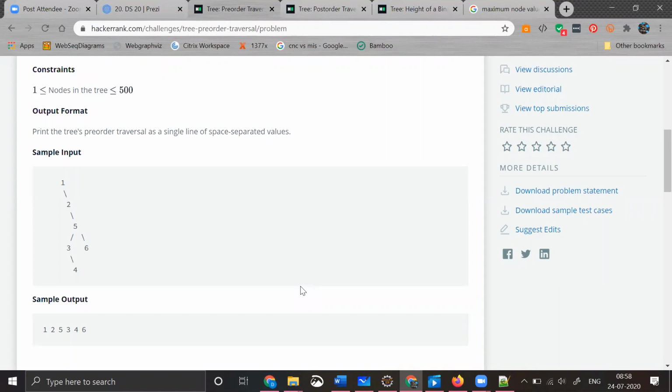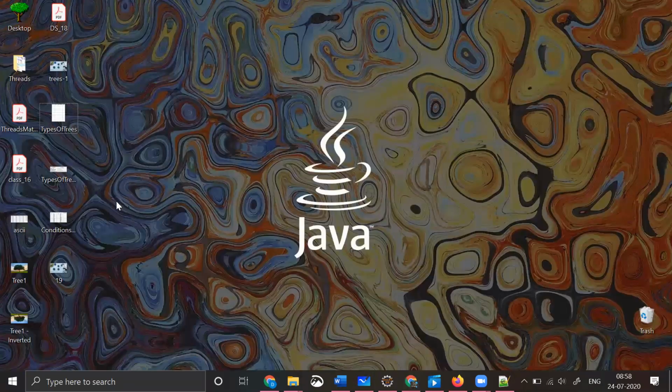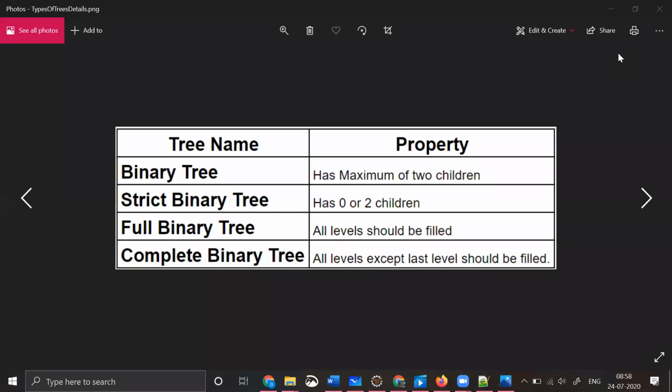It is a binary tree. If you observe, the definition of a binary tree is something like this: every node has a maximum of two children.